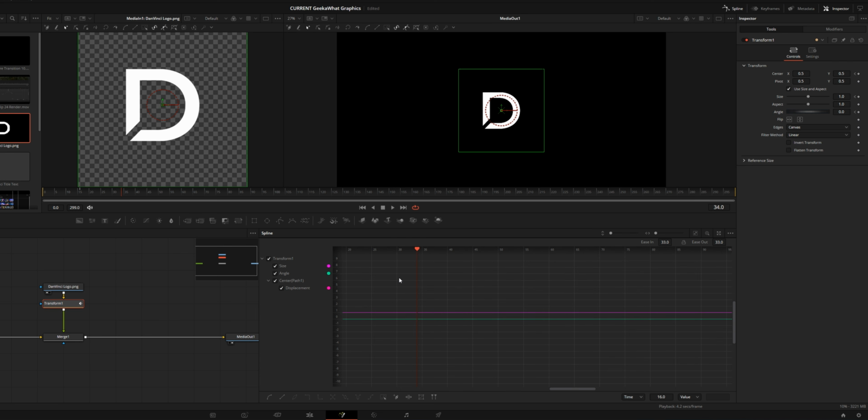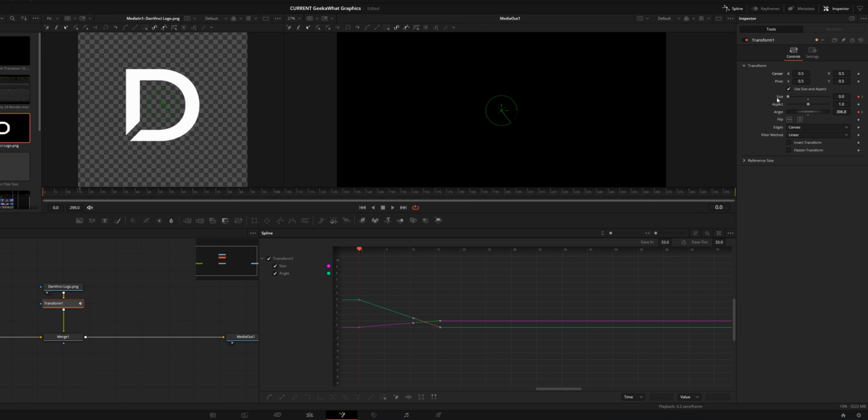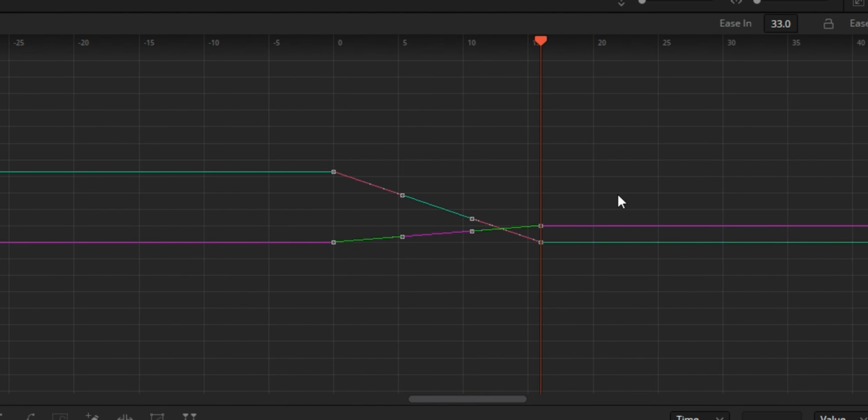I'm going to be covering off how to create this sort of bouncing look using the spline in DaVinci Resolve Fusion. Now I've got this rotating logo animation so far, and all it is at the minute on the transform node is keyframes on the size and the angle. And as you can see on the graph, it is very linear currently. But how do we add that bounce or